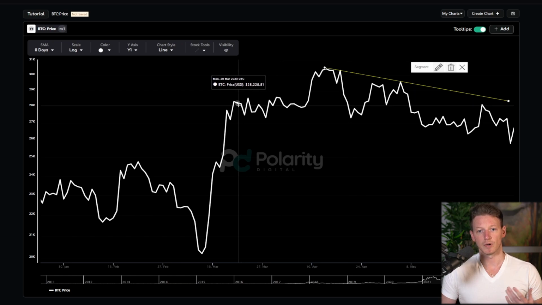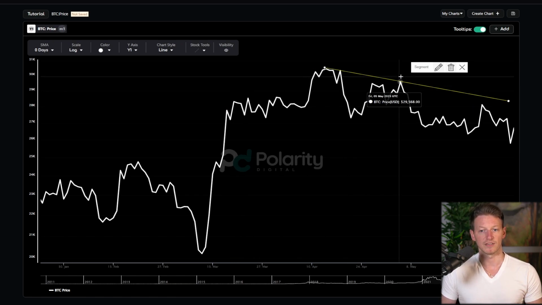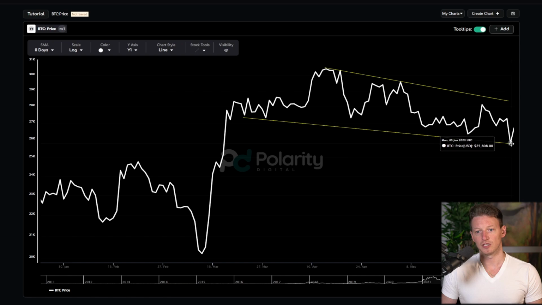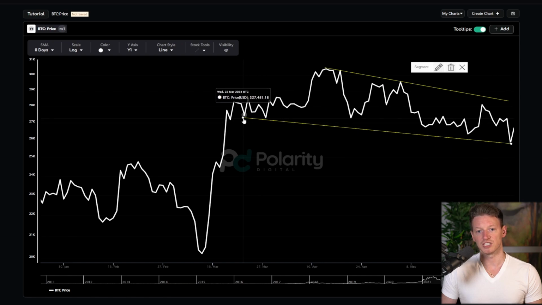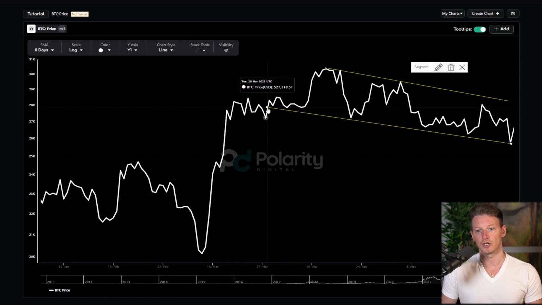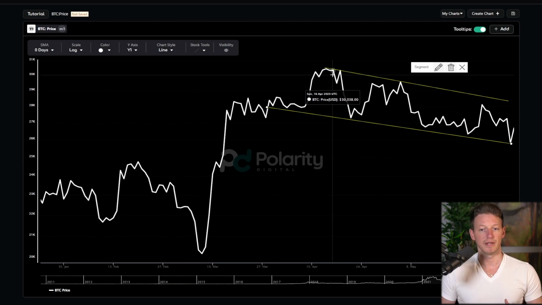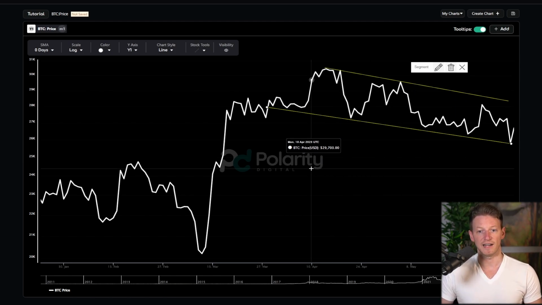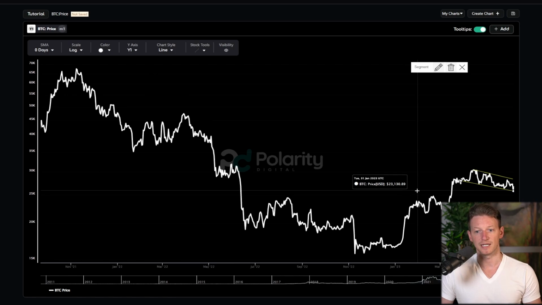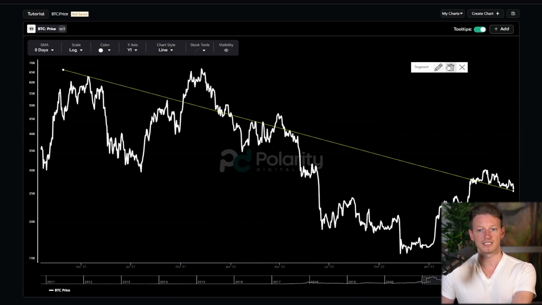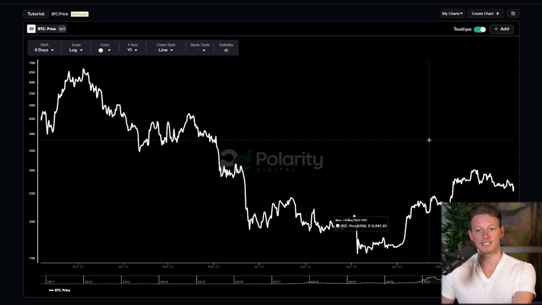So back here in March, when we broke above up to around 30K, we've kind of been chopping along in this type of pattern where we're just moving downward in this channel. So we've been forming this downward channel after this big move that we made to the upside. The fact that we're in this downward channel right now, what exactly does this mean?